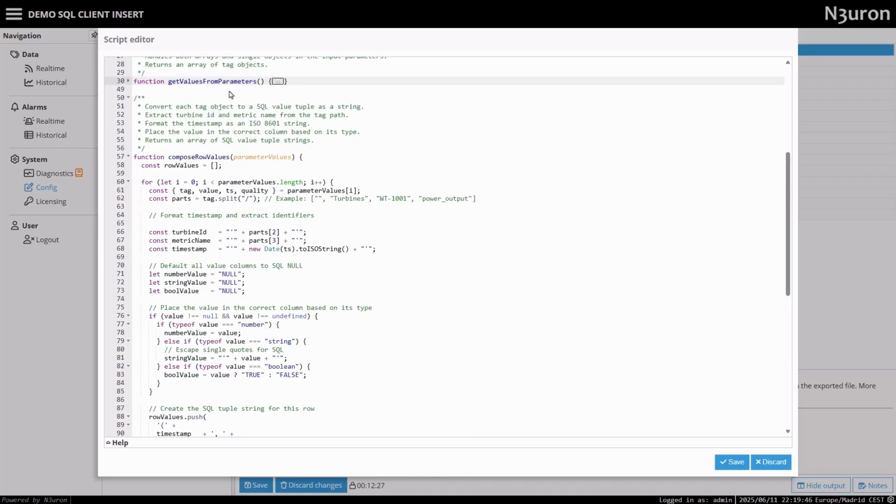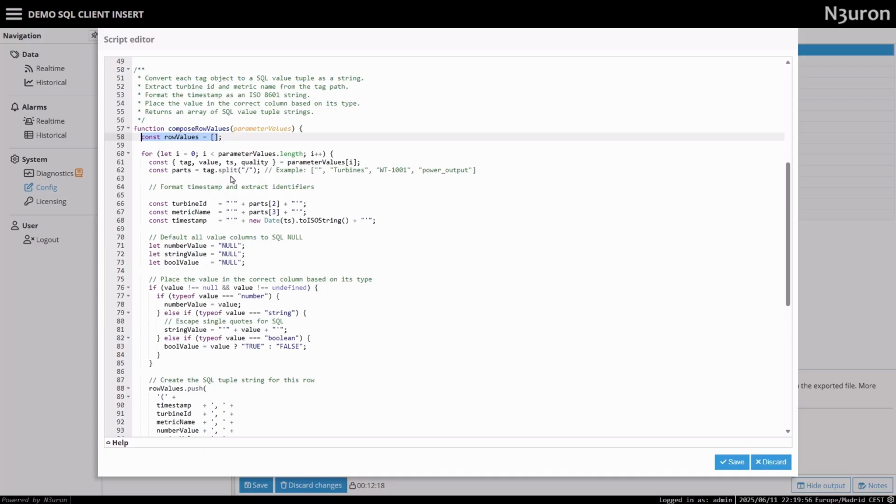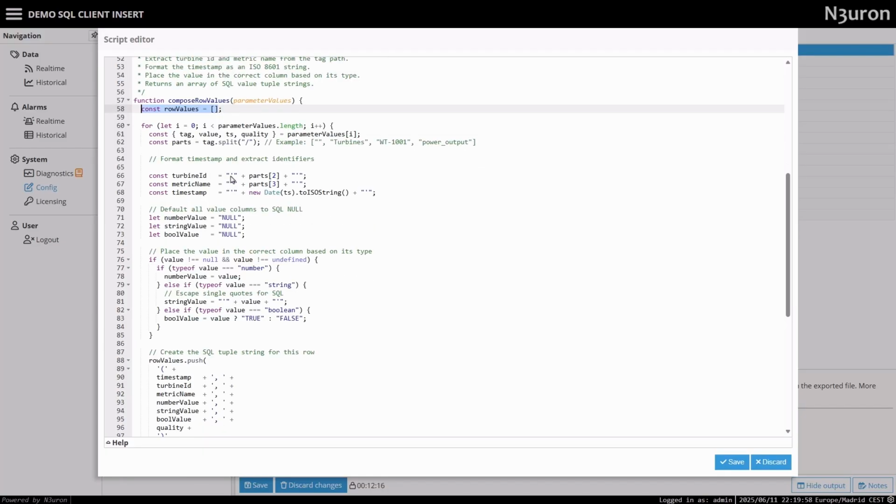Next, the parameter values array is passed into the compose row values function. For each tag object, we extract the tag path, value, timestamp, and quality. We split the tag path to extract the turbine ID and metric name from it. The timestamp is formatted as an isostring. Then, depending on the value type, number, string, or Boolean, we place it in the corresponding column, setting the others to null. Finally, we build a SQL value tuple for each row and return the array of tuples, ready to